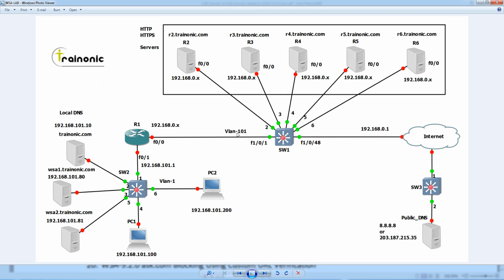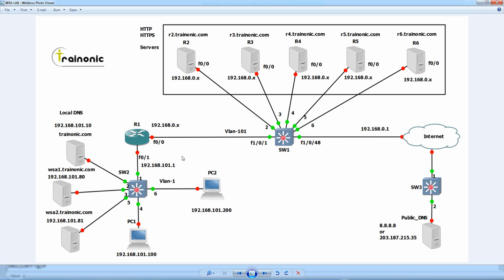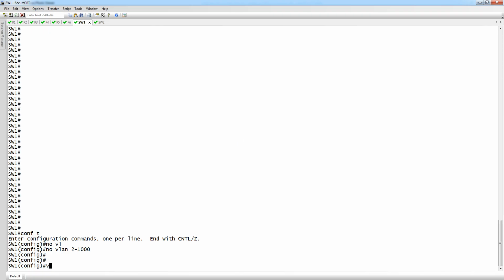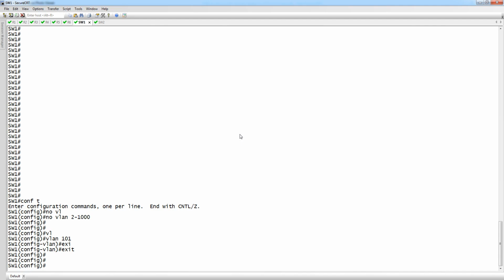We require VLAN 101. Go to the switches. We require VLAN 101. We have to configure switch 1, interfaces 1 to 6 and 48 in VLAN 101.